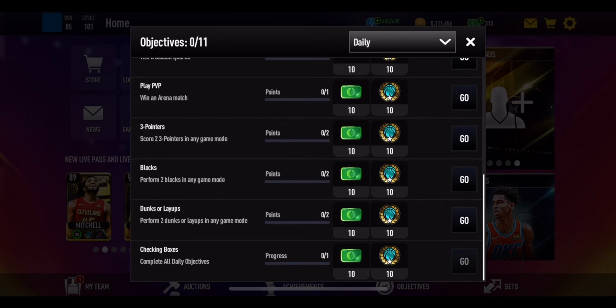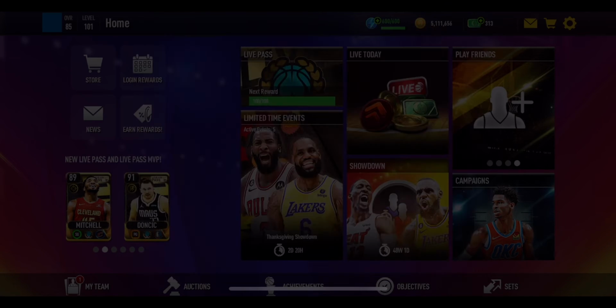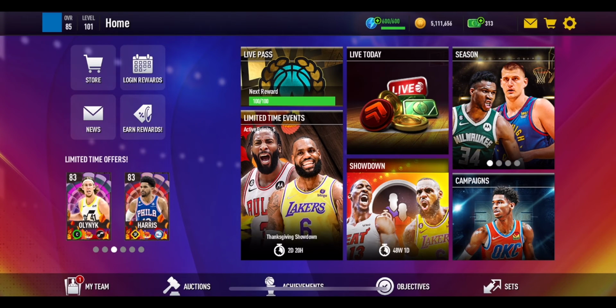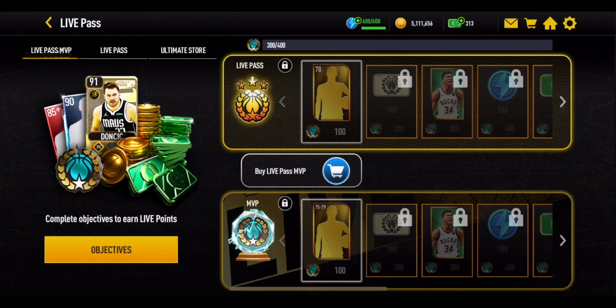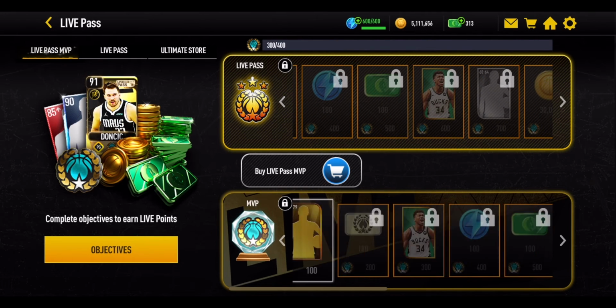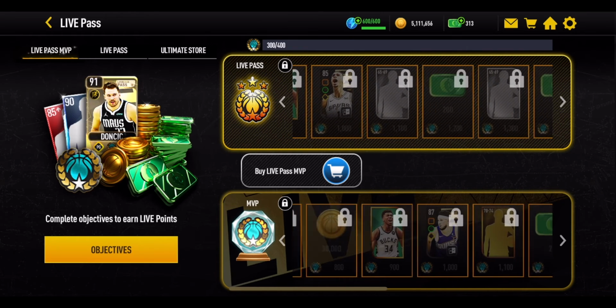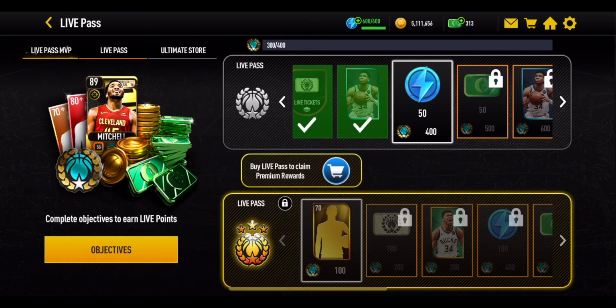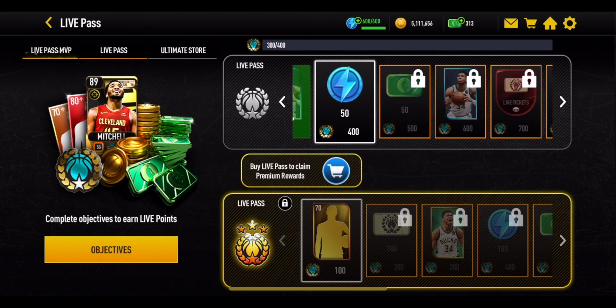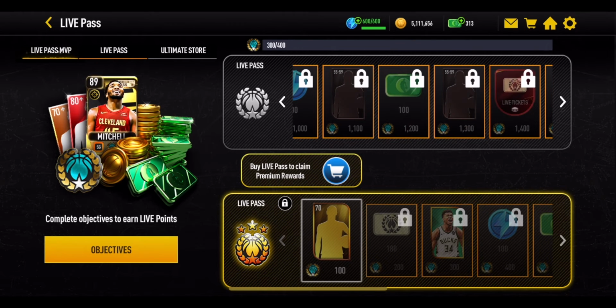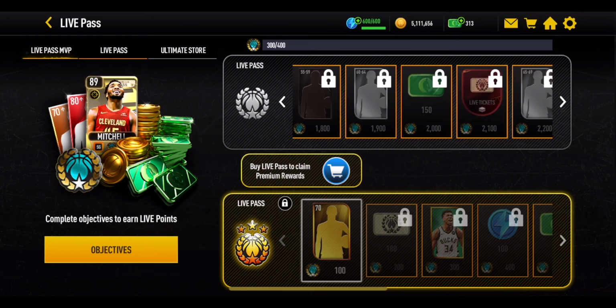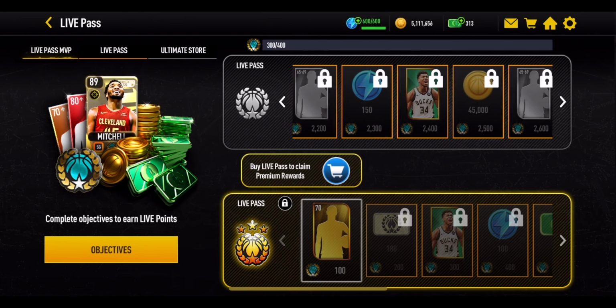But you also notice with these objectives, you are getting these live pass points, and that will help yourself out in the Live Pass, which is going to give you some NBA cash along the way. Now, of course, if you have bought the Premium Live Pass and the MVP Live Pass, you will get slightly more NBA cash, but even if you haven't spent any money whatsoever in the standard Live Pass, you'll get 50 NBA cash at 500 live points, 100 NBA cash at 1,200 live points, and 150 cash at 2,000 live